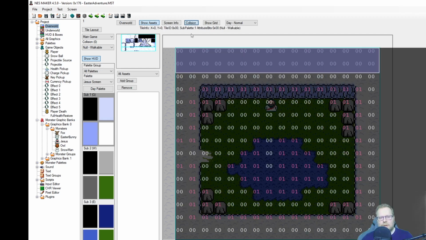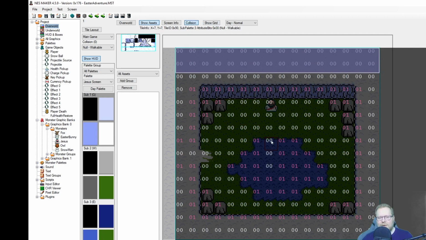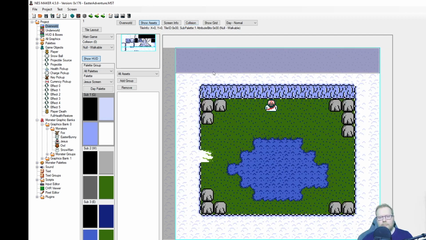Well, if we look at the collision here, we see that most of the pond is solid. So we can't actually walk to the middle of the pond from here, for example, because all of this is solid. But like you can see, we have a small column here with null tiles, which means if we walk south from this guy, then we can walk to the center of the pond. So we can walk here, and then we can get to the center. But